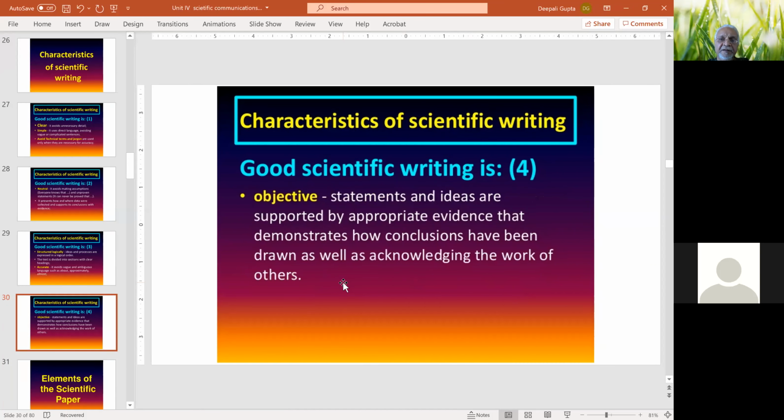And then it should have very clear objectives, which should be supported by experimental evidences and by support from work done by others.